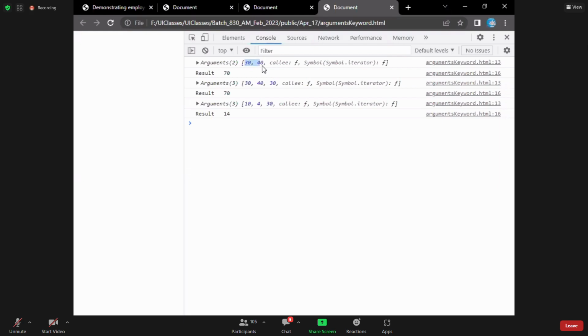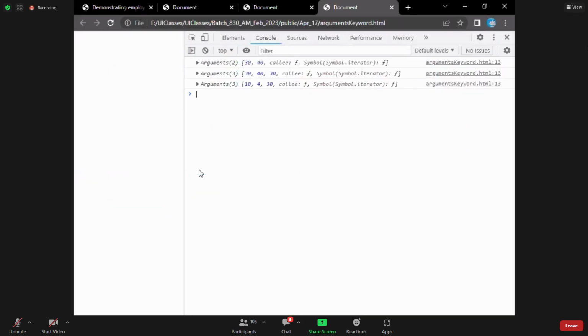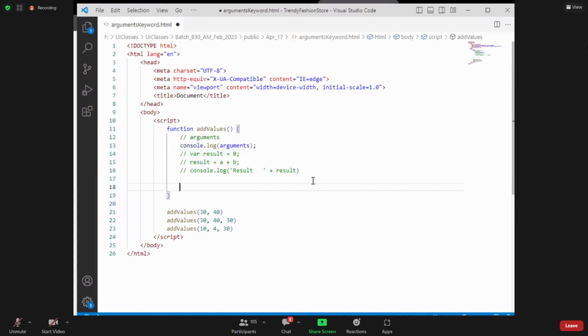Now I already have an array which is already having the data. See here, what if I'm not catching anything? You don't need to catch it. You see, still I am able to catch all the values. Either you catch it or you don't catch it, I will still be catching all the values whatever you are passing to this. Now, in that case, instead of depending on this A comma B, can I write a simple logic? I say